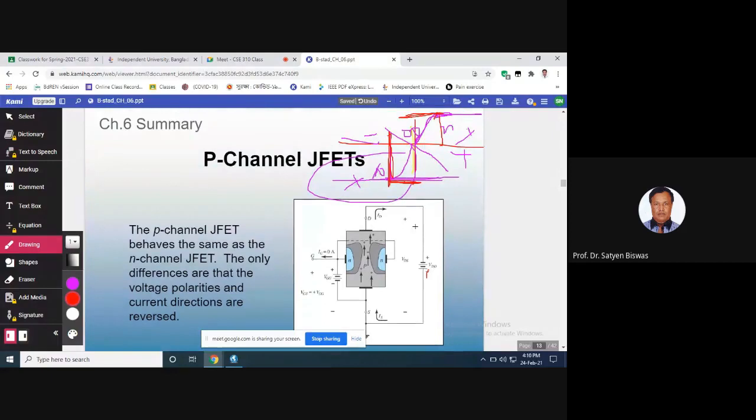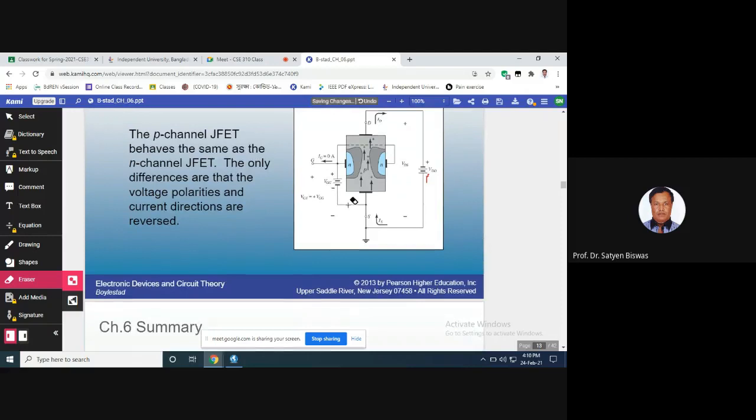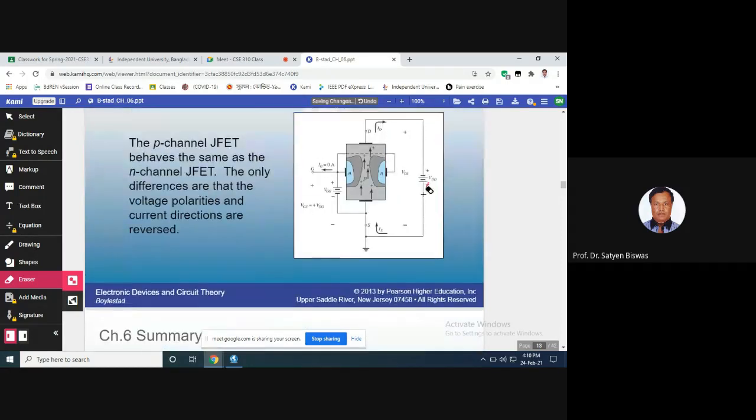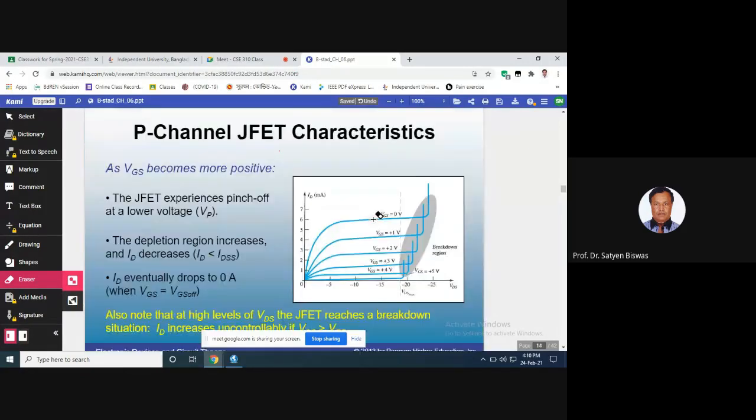The actual diagram is this, but when we do the mathematical problem, or we write something, or we want to show this N JFET and P JFET, it is very hard to draw. This is a complicated diagram, so that's why it has a symbol, just like